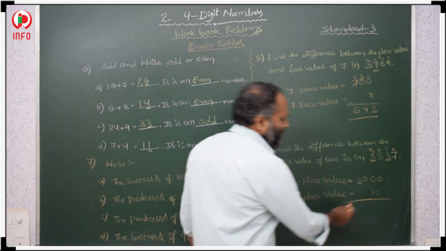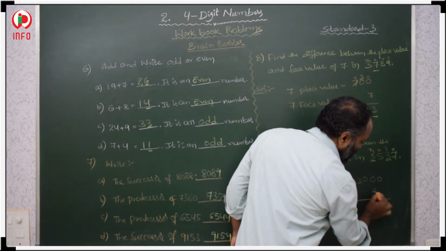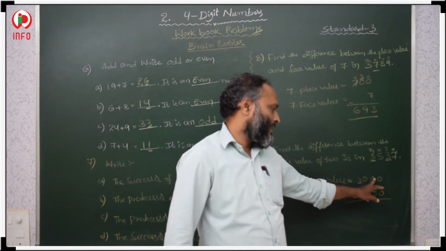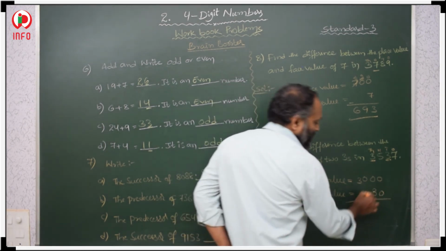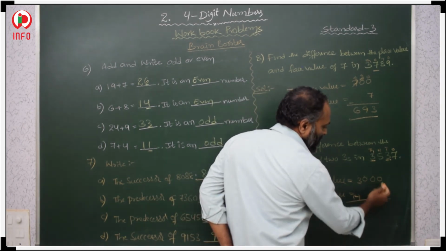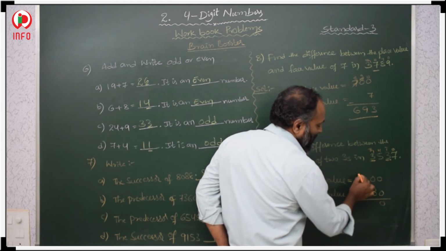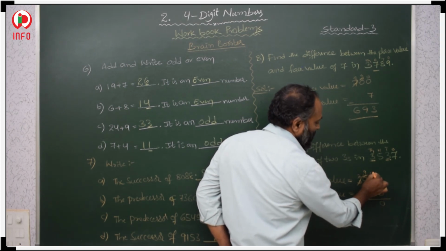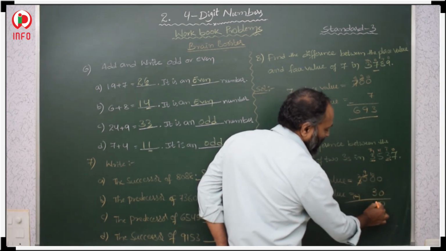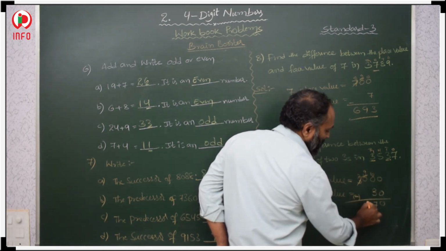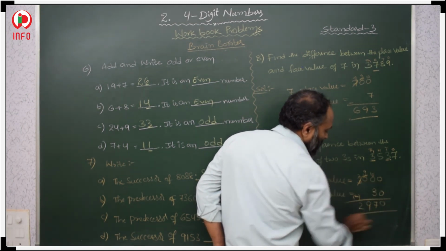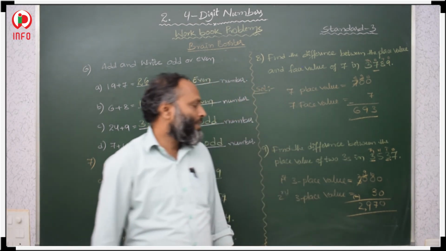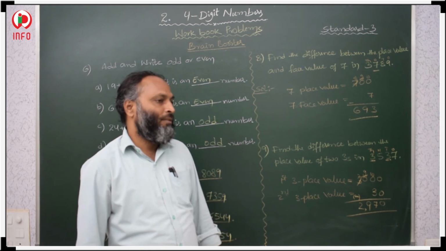Now we have to find the difference. Exactly, you have to keep them like this, the ones digit and the tens digit. Then subtract. 0 minus 0 is 0. Then you take a borrow from here. Here you will get 2 and here 10. Again borrow from here, this will get 9, this will get 10. Then 10 minus 3 is 7. This is 9. This is 2. 2970. This is the difference we have to find.